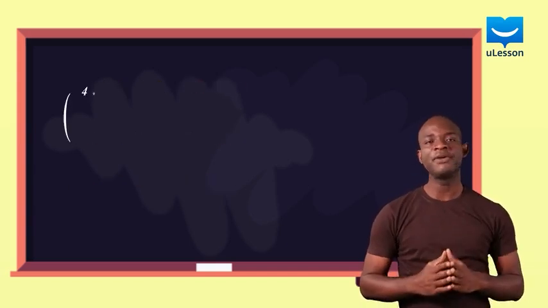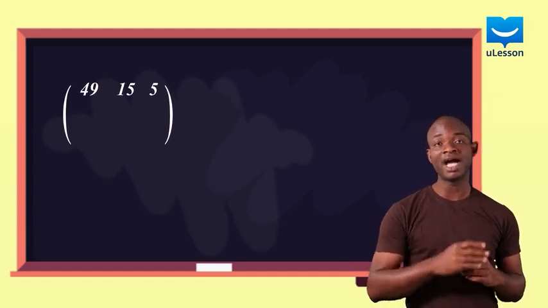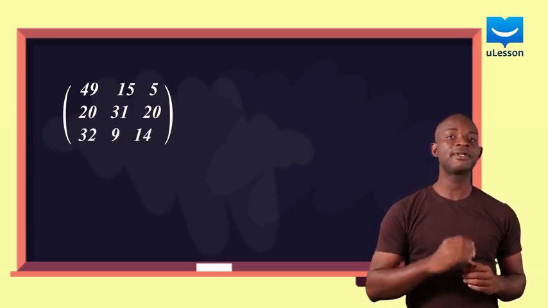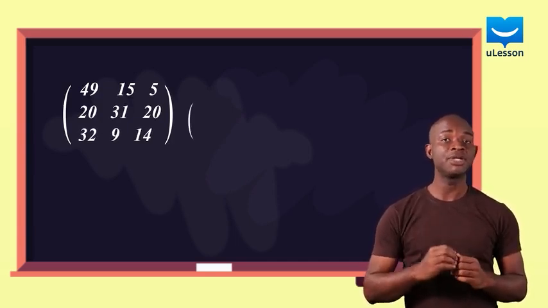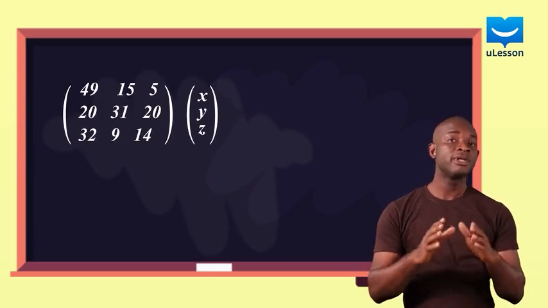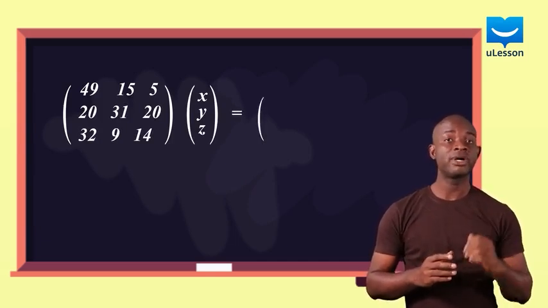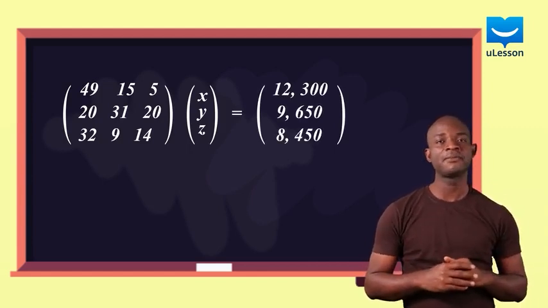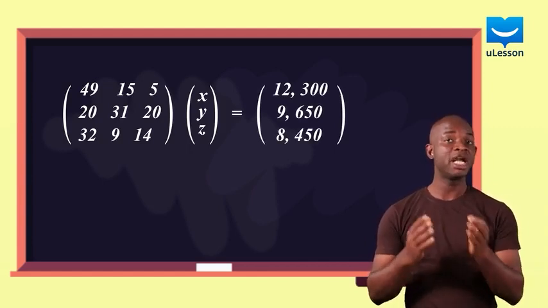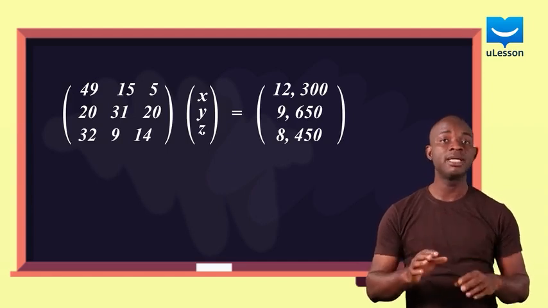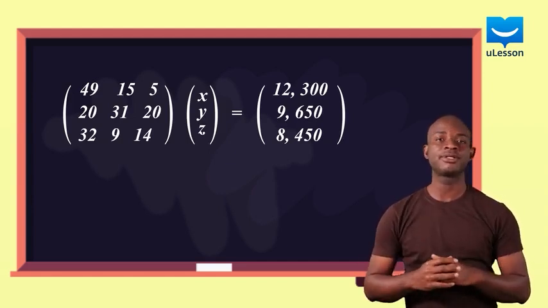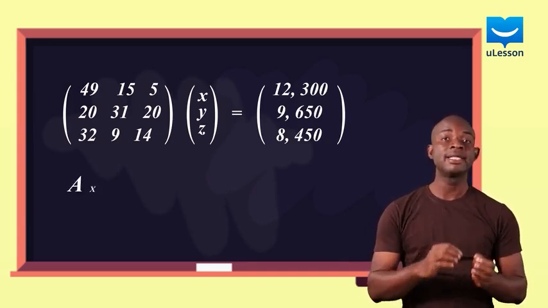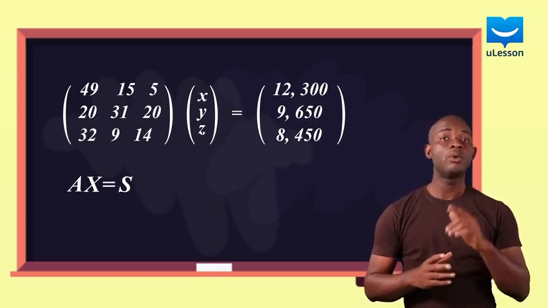Doing this, we have the matrix 49, 15, 5, 20, 31, 20, 32, 9, and 14, which multiplies the column matrix X, Y, and Z. This will be equal to the column matrix 12,300, 9,650, 8,450. You can multiply the matrices on the left-hand side to verify if you will obtain the initial simultaneous equations. We can write these matrices in a compact form as A times X equals S, where A is the